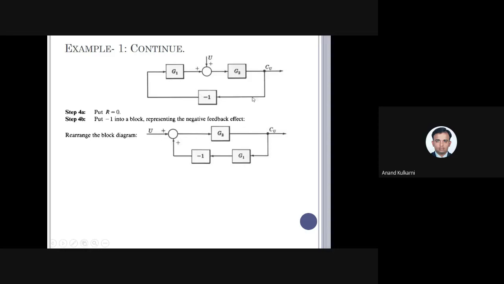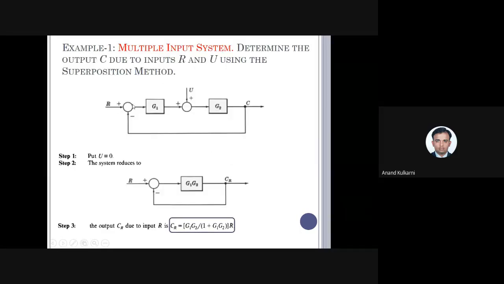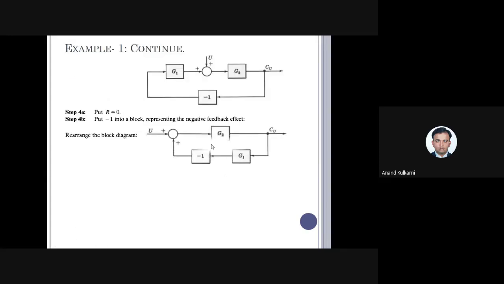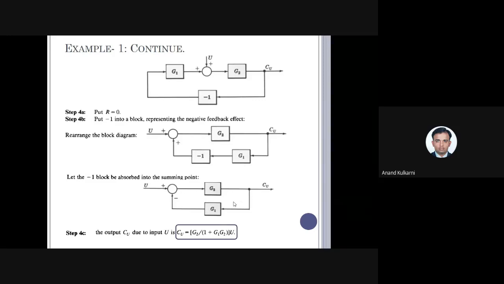I'll tell you. The reason is, the feedback whatever is coming, we are giving a negative signal to this G1, because if you just see the previous drawing, here this summing point is not there, but there is a negative feedback. So this negative sign will come and get attached to G1. So this negative sign is going to get attached to the signal. That is what is shown here. So what we are going to get is G1 G2, with this negative sign here, G1 G2. And since this is a feedback, we are going to get G2 divided by 1 plus G1 G2.